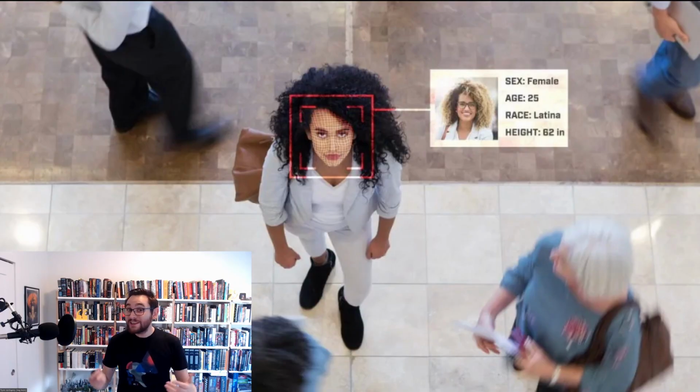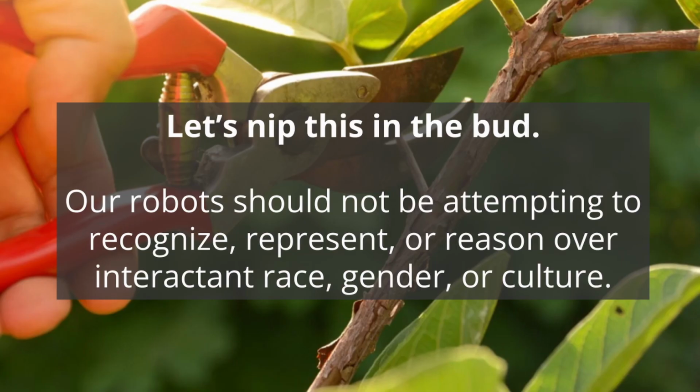And this worries me. Specifically, I want to ask, where does the information about these identity characteristics come from, and how is it being stored? Part of the reason why this is concerning me is because of trends we're seeing in the computer vision community, where researchers are increasingly attempting to recognize social identity characteristics like race and gender from image data. And I want to just nip this in the bud and say that our robots should not be attempting to